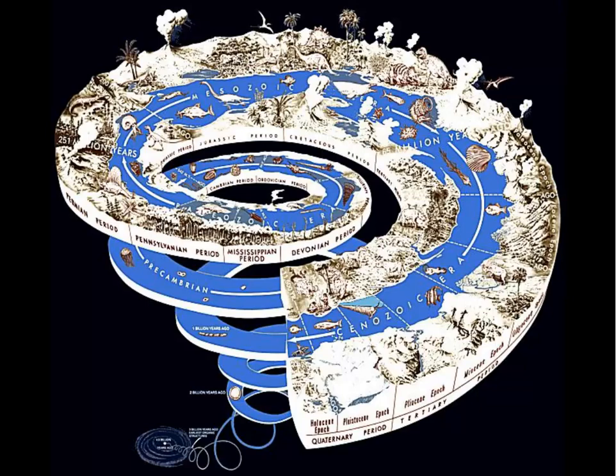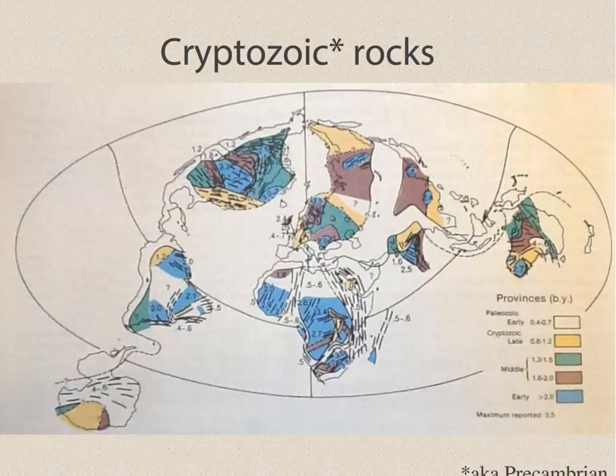How in the world do you find that in the fossil record when you're not even sure what you're looking for? So what scientists have focused their time on is looking for what are known as cryptozoic rocks, okay? And of course, crypto means hidden, and zoic means life, animal life, okay? So cryptozoic rocks. And so these are rocks that are difficult to find. You can imagine that most of the rocks that were around in the very beginning of the Earth were actually destroyed due to plate tectonic activity and so forth. And so probably what you're going to look for actually is rocks that found their way to becoming part of sedimentary rocks, if anything.